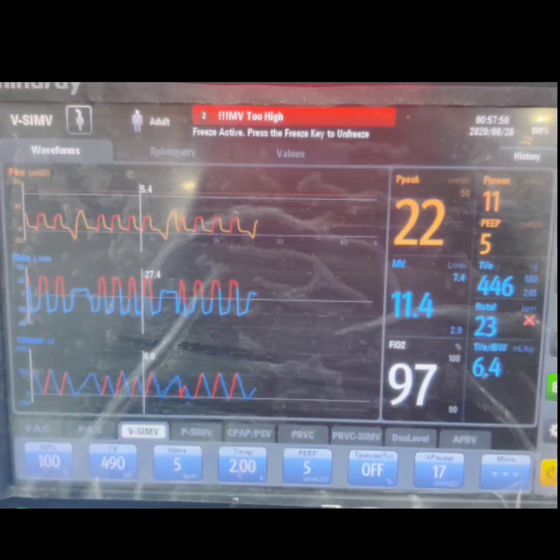If we see here the monitor of a patient in VSIMV mode, we can see the first and second waves are preceded by small negative deflections. These are called spontaneous breaths. The third breath is not similar to these two breaths, and it has more pressure than these two breaths, but it is also preceded by a small negative deflection. This is nothing but a synchronized mandatory breath. And we can note that in this mode, a pressure support of 17 centimeters of H2O is kept to overcome ET tube resistance in this SIMV mode monitor.